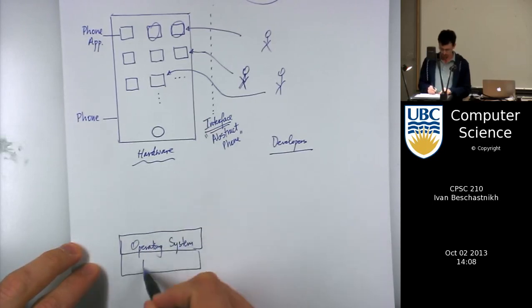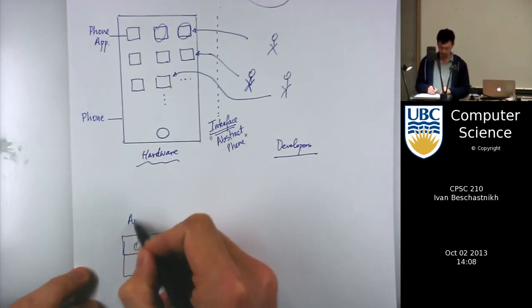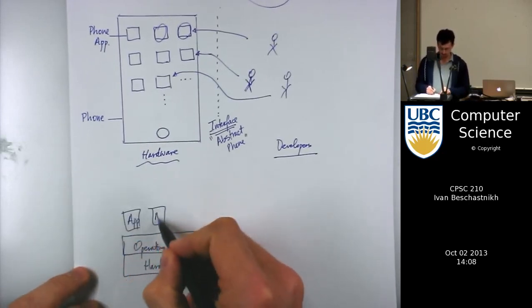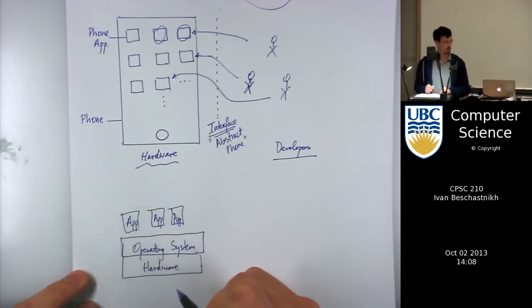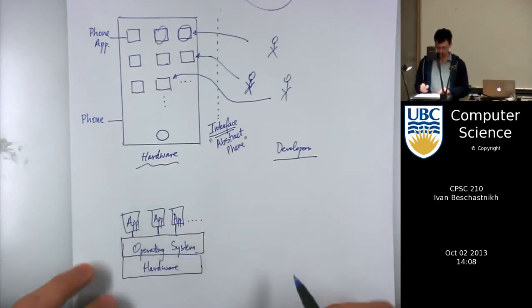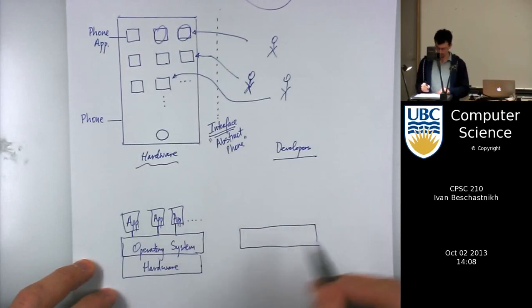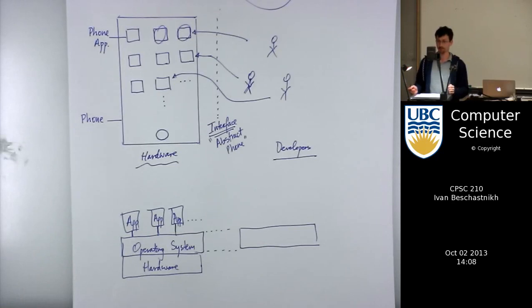Right, so from a developer perspective, your phone looks like, there's some operating system, and then there's some hardware here. Of course, as a developer, I really don't want to care about the hardware. And up top, you have these apps. And all of these apps are nicely isolated, so they don't depend on each other, right? You don't want them to step on each other's toes. And you have many and many of them, and they all talk to the operating system. And the way this happens is that the operating system, if you really wanted to look inside of it, has a bunch of interfaces. So an operating system takes care of managing the hardware, but it also presents an abstraction to the software.